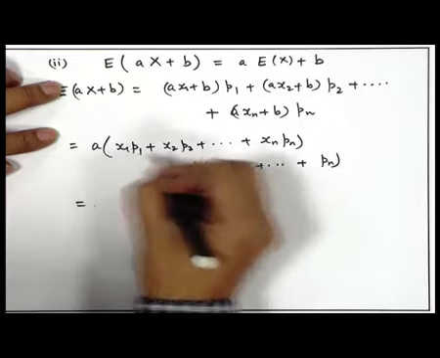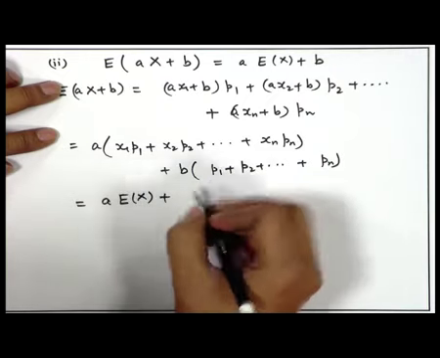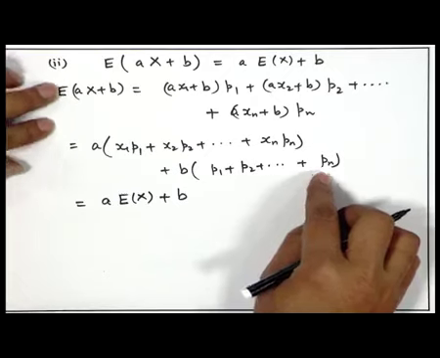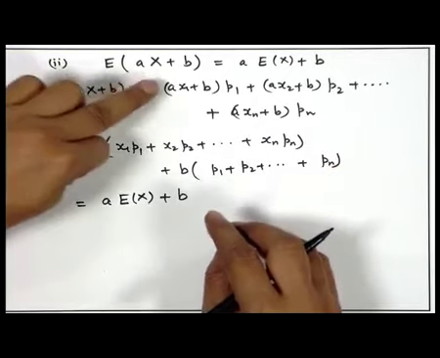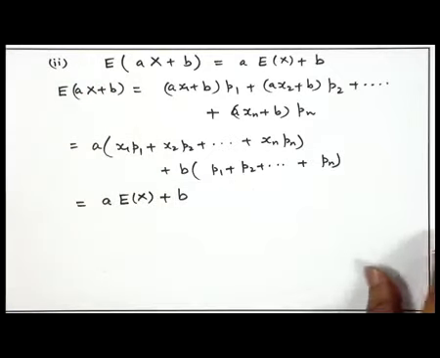So, this is nothing but expectation of x. So, you get a times expectation of x plus b times p1 plus p2 plus pn is 1. So, this means that expectation is a linear function. Okay. So, if we use this property in this expression, then we will get,